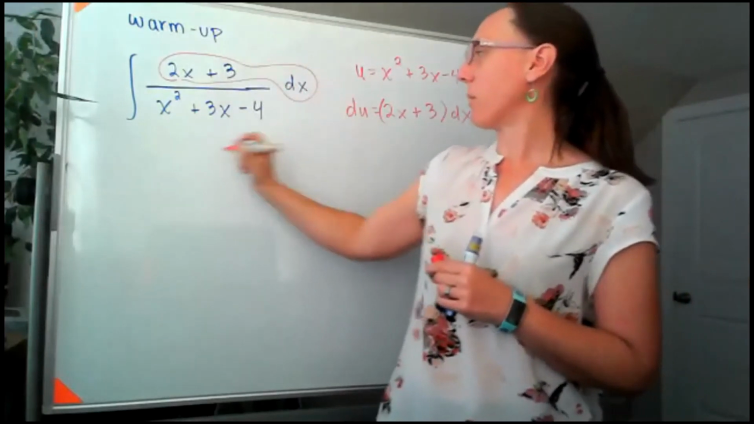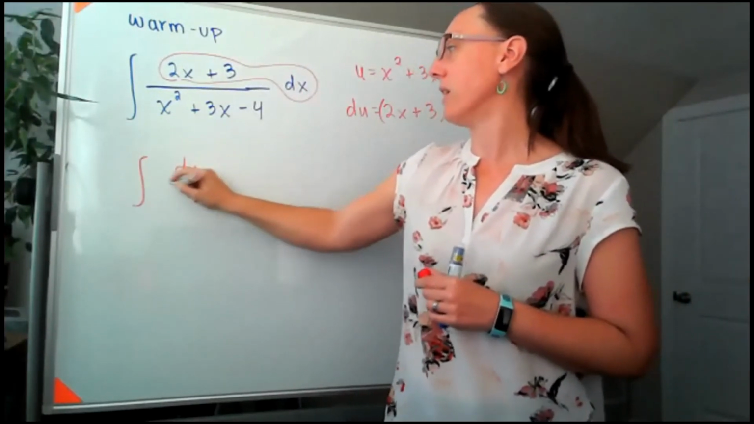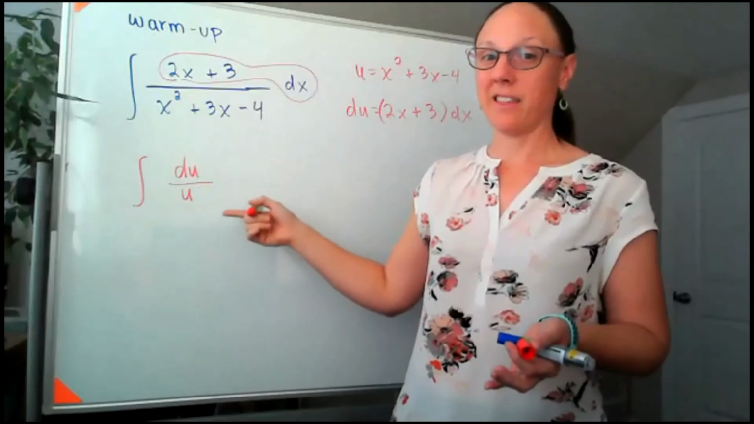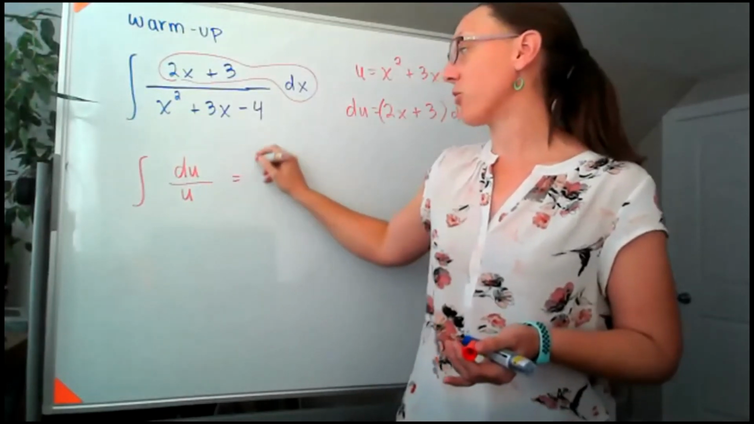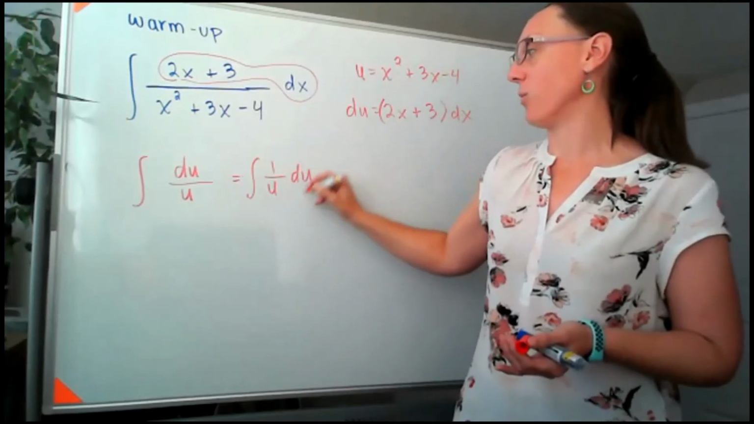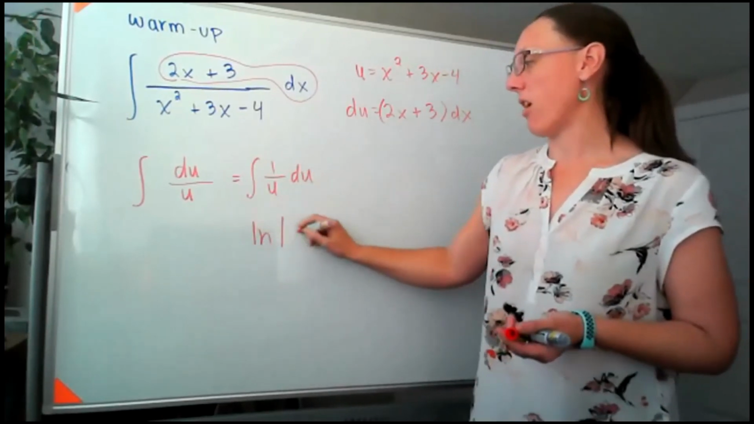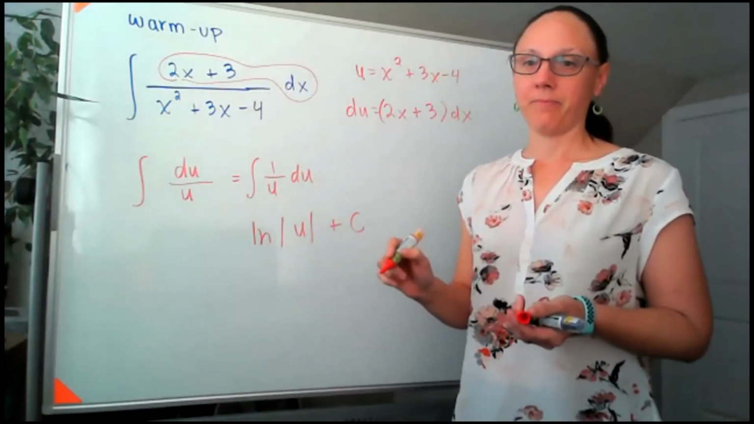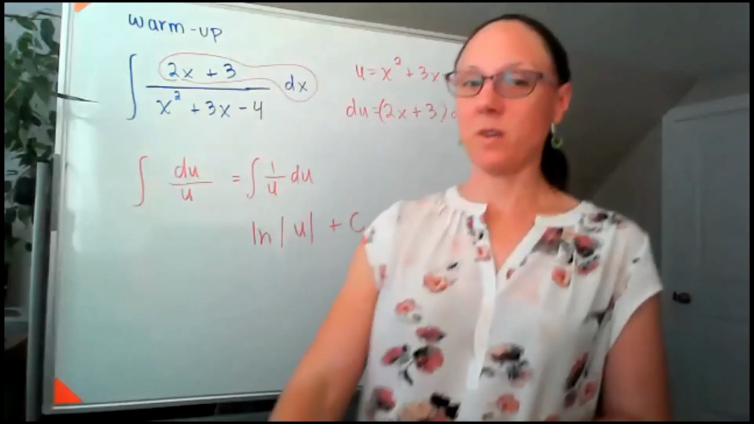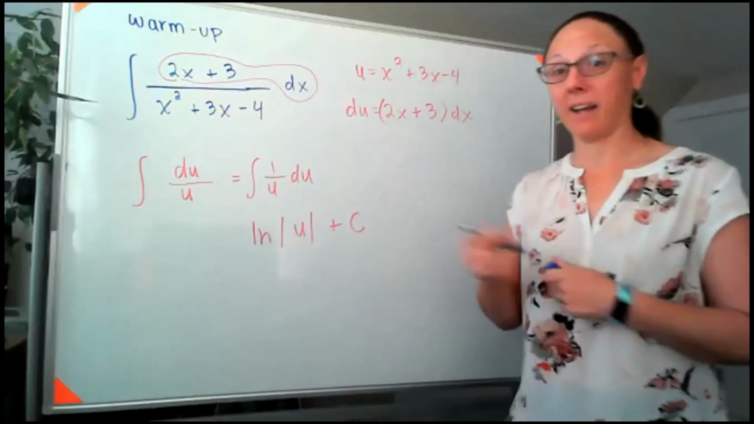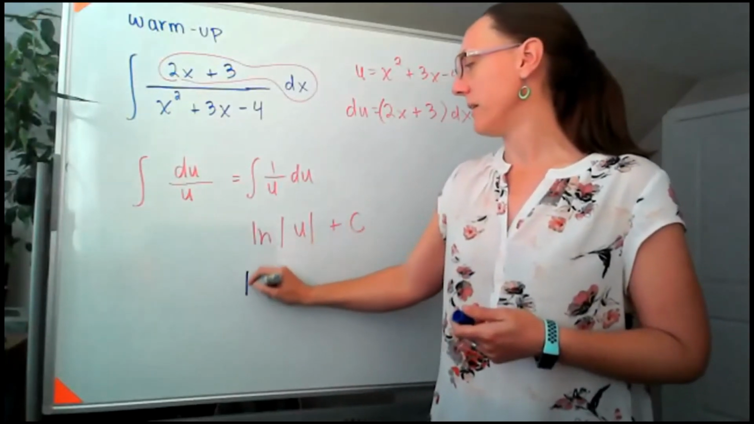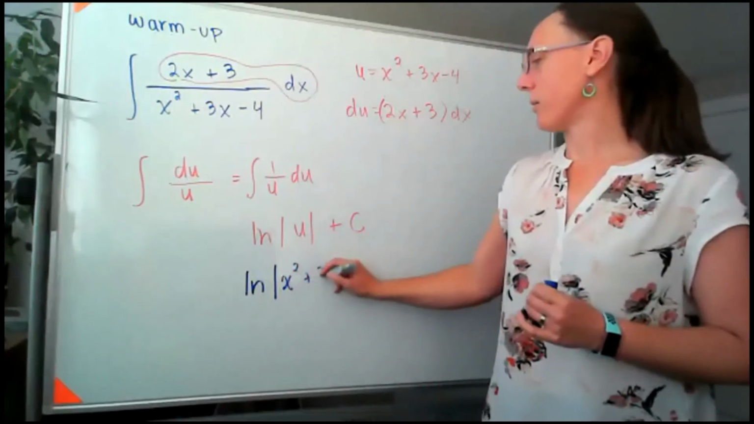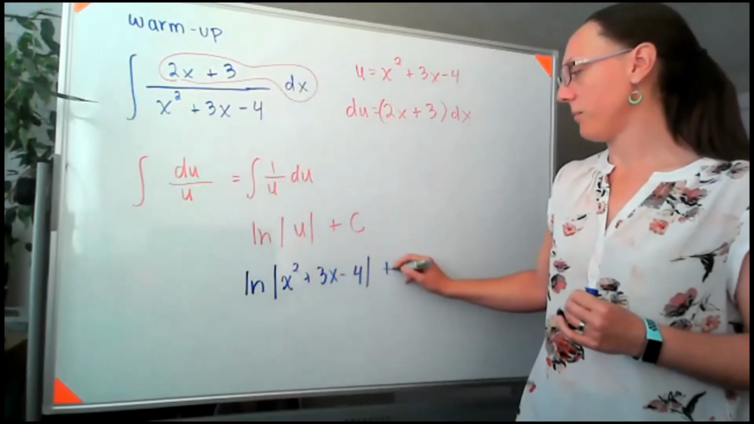So everything on top just turned into du, and everything on the bottom is u, which means that when I take that antiderivative, or the antiderivative of 1 over u du, I'm going to get back natural log absolute value of u plus a constant. Since this question was asked in terms of x's, I want to put it back in terms of x's for my final answer. And that is looking like the natural log of x squared plus 3x minus 4 plus a